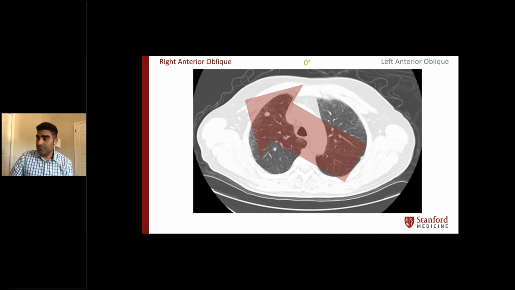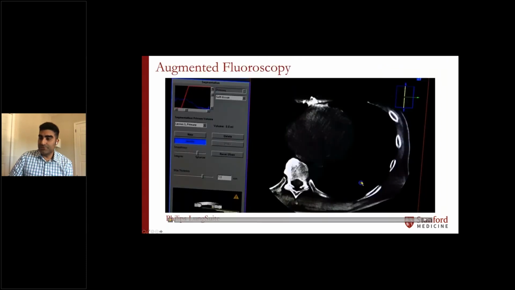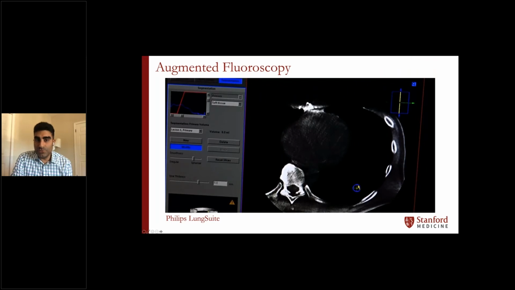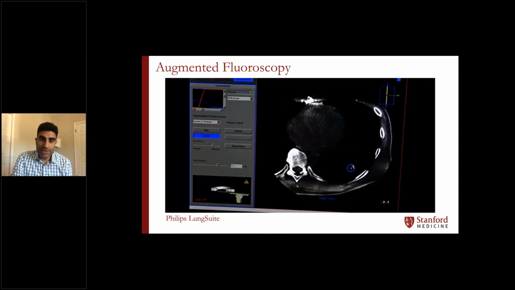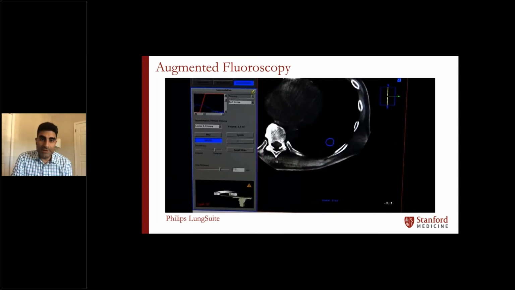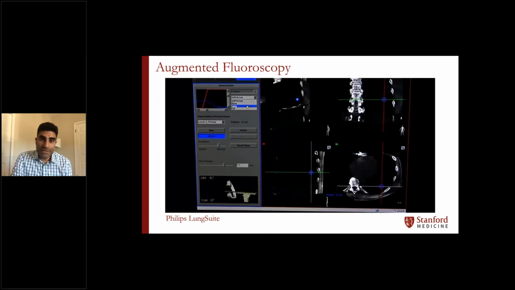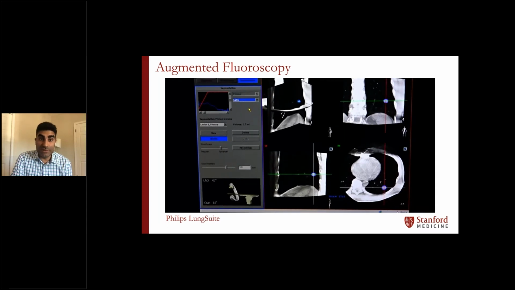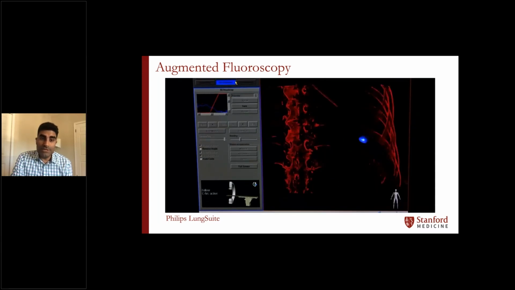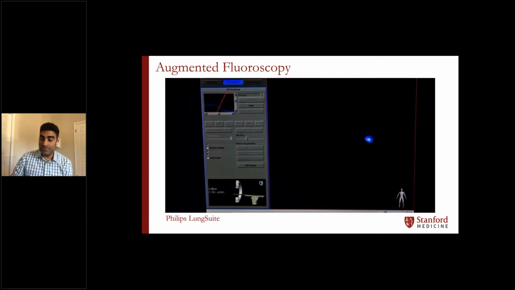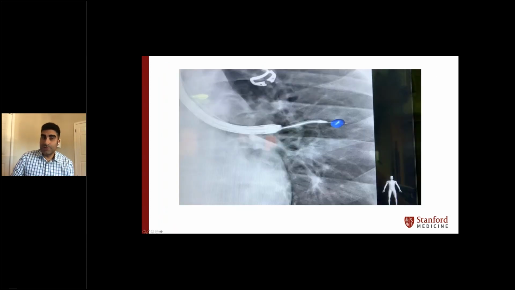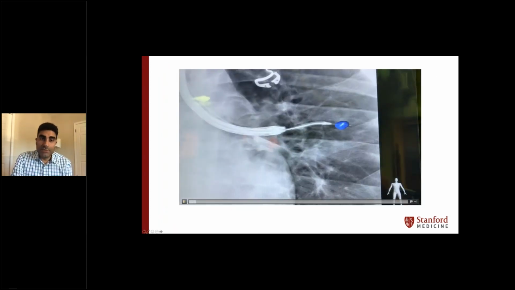Here's a video showing our planning. This is being done with the Philips Lung Suite software. And here, I'm going to be switching the windows over soon, but I'm circling our target. And the software actually automatically segments out the nodule in axial, coronal, and sagittal planes. And this was done right after a CT scan was performed. And now, when we switch over to fluoro, this target will be persistent on the screen, as you'll see on the next slide here, where now, this is after I've navigated there, but I put out an instrument and